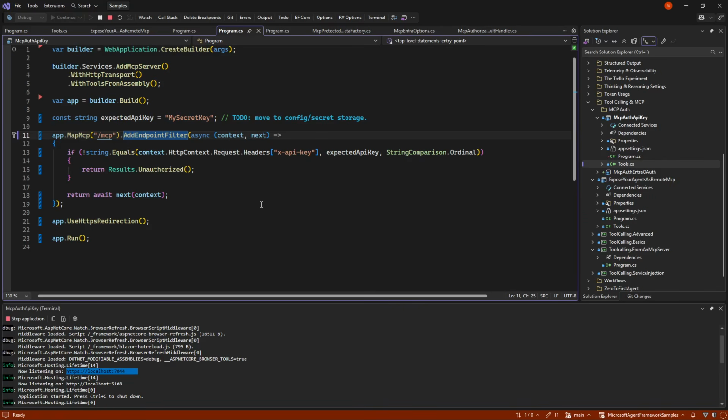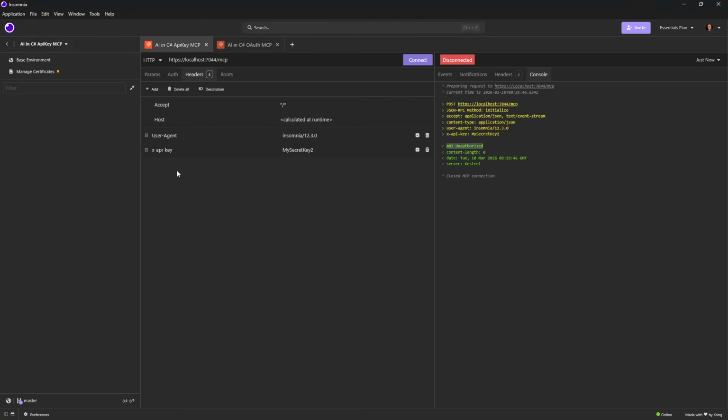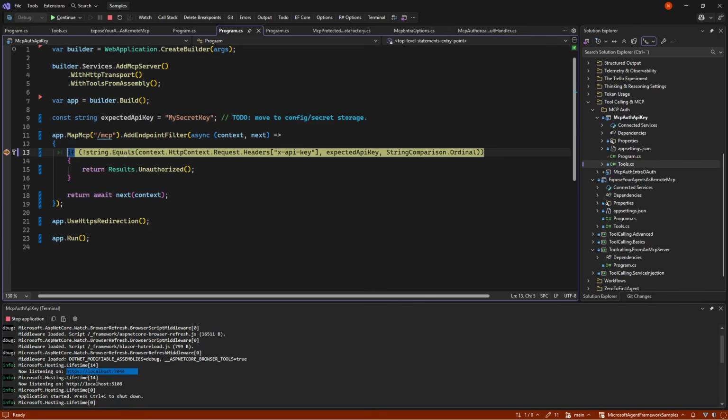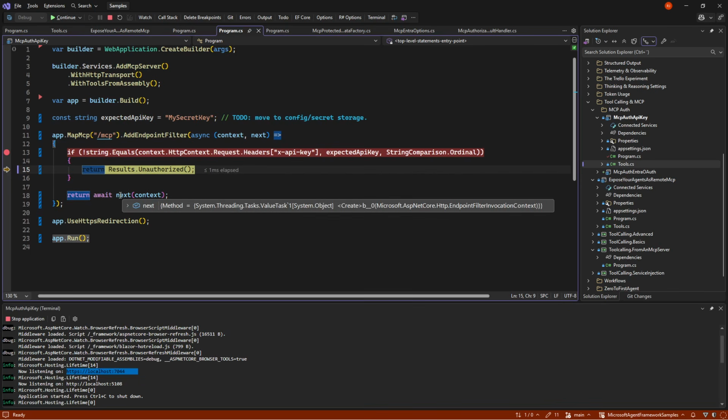And the reason for that is that whenever we hit the endpoint now, if I press connect here, we hit the breakpoint. We on the fly take the API key from the request. And if it doesn't match what we have put in as my secret key, we just send back unauthorized.